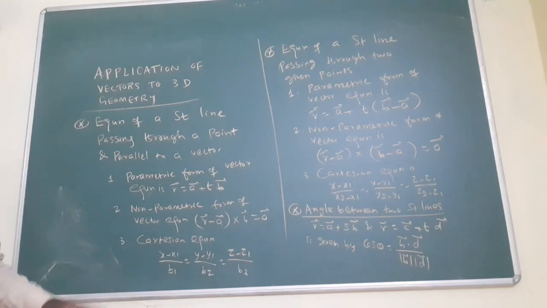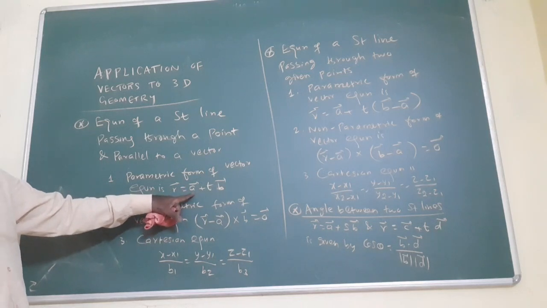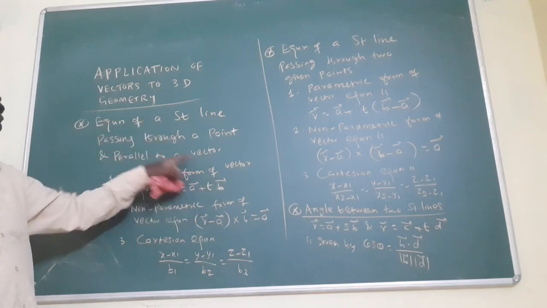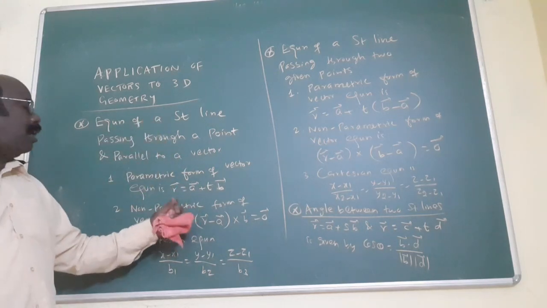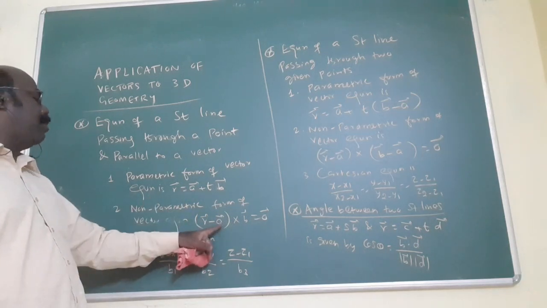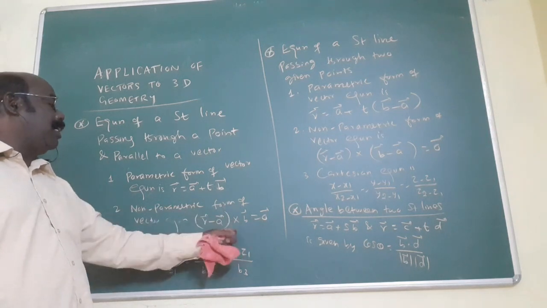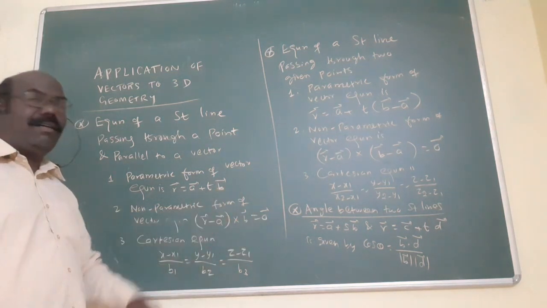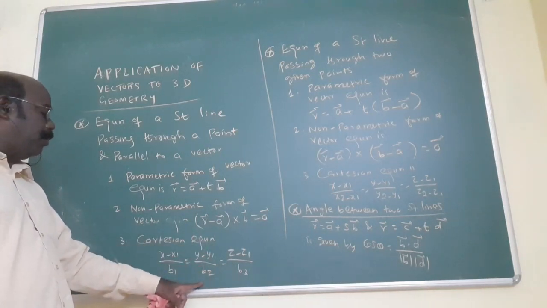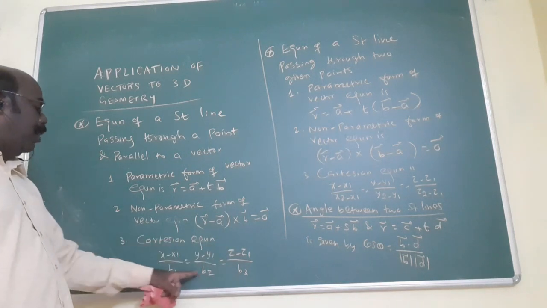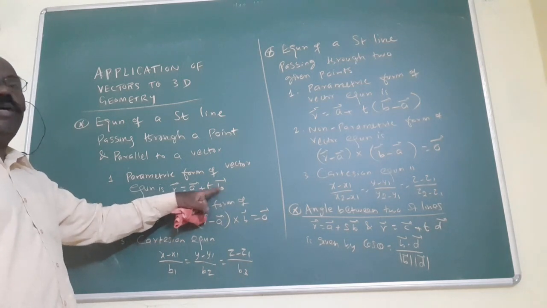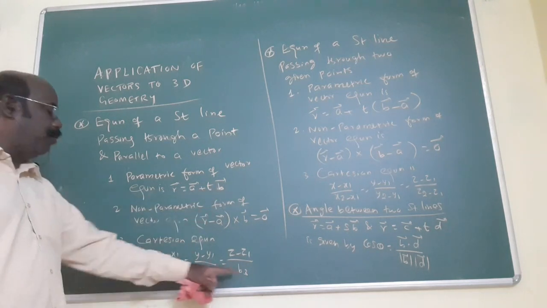You must follow the formula. R vector equals A vector plus t into B vector, t scalar. A represents the given point and B represents the parallel vector. The non-parametric form of the vector equation means A comes to this side: R vector minus A vector, cross B vector, equals the vector product on the other side, which is the zero vector. Now the Cartesian equation is (x minus x1) by b1 equals (y minus y1) by b2 equals (z minus z1) by b3. The b1, b2, b3 are the parallel vector components. For example, b equals 2i plus 3j plus 4k means 2, 3, 4.